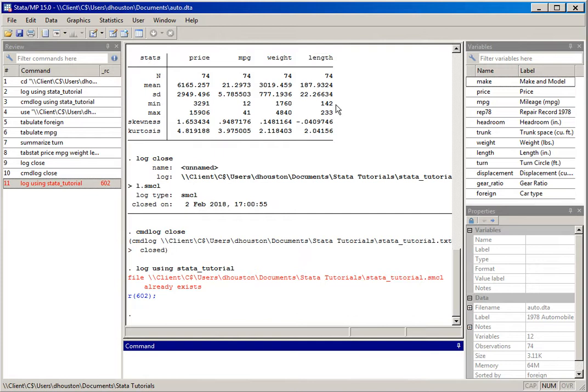It comes up here, and where you see red and a blue, it's an error code 602, and the red indicates then, as we see here, that the file already exists. Now, it took a little while to return that error message because I am using Stata on a university server, so it'd be much quicker if we were using Stata that's installed on a